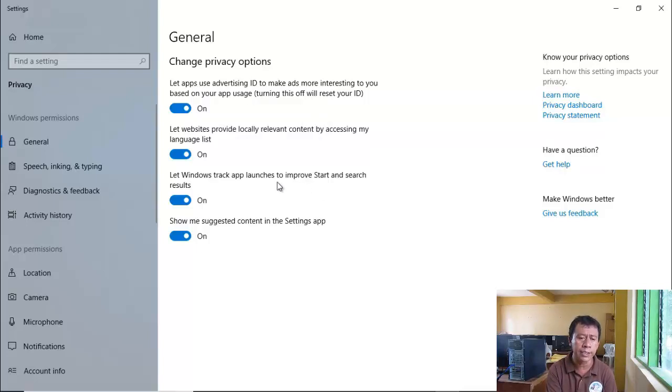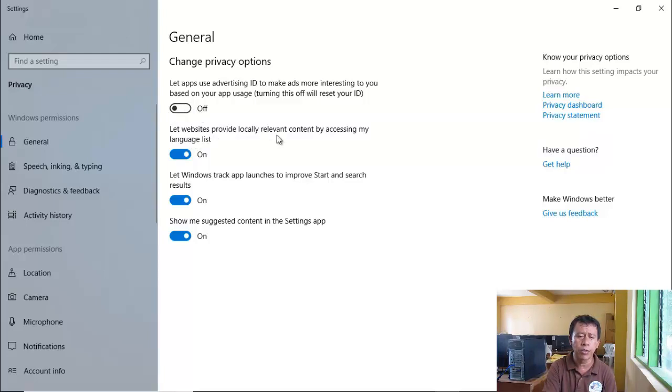That's why sometimes, if there are advertisements that Microsoft wants to send us, we are notified because of this option. If you turn this off, it will reset our ID. That means we will not be tracked, and Microsoft could not send us some advertisements.